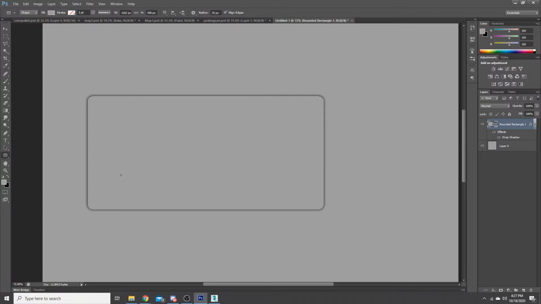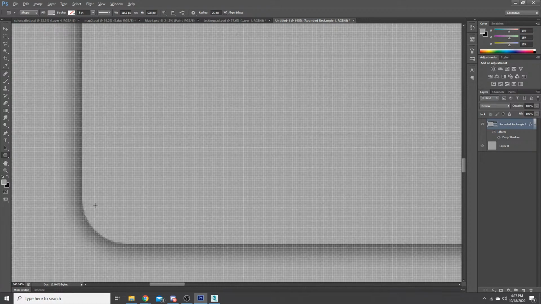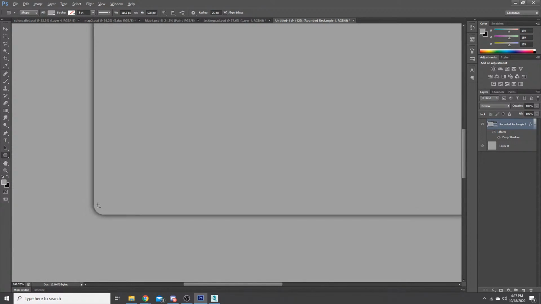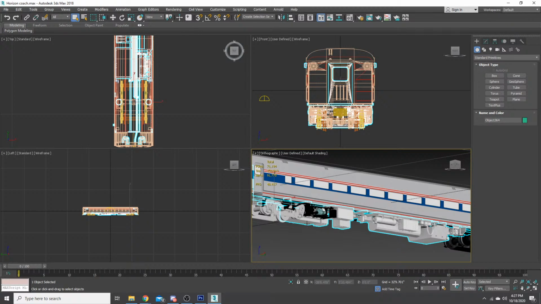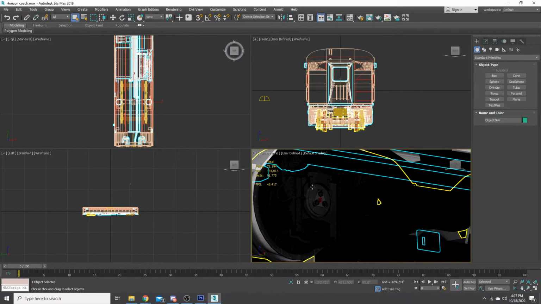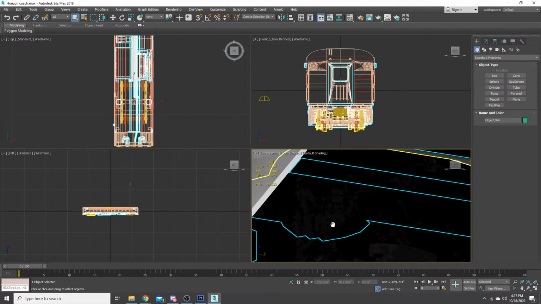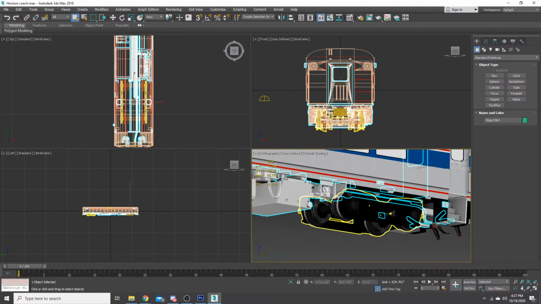So bevel and emboss is for more raised items, but these are not that raised. They don't really have that kind of bevel on them. Where's a good example of that? I don't know how well you can see it on the bogey, unless I pull up the bogey.